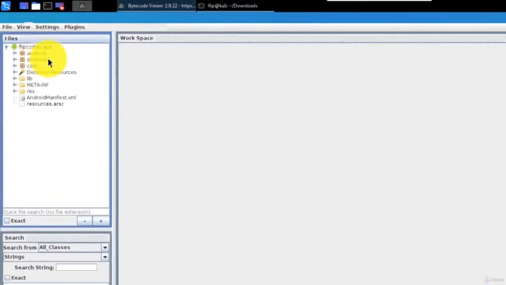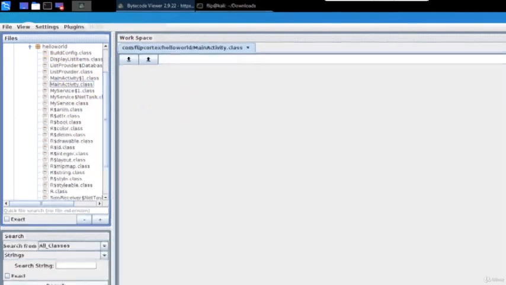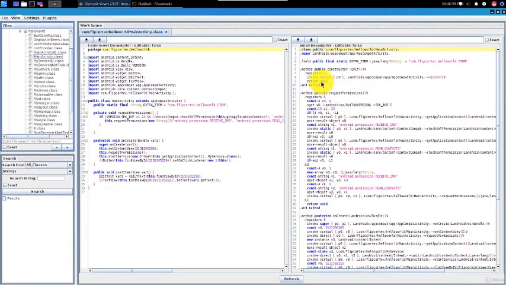You have your packages on the left, and when you click on, say, main activity, you can see that we've got what looks like Java code. Now, it is important to note that this is not compilable code. Usually there will be errors because the decompilation doesn't work perfectly. But from here, you can see a more human readable picture when compared to Smali.